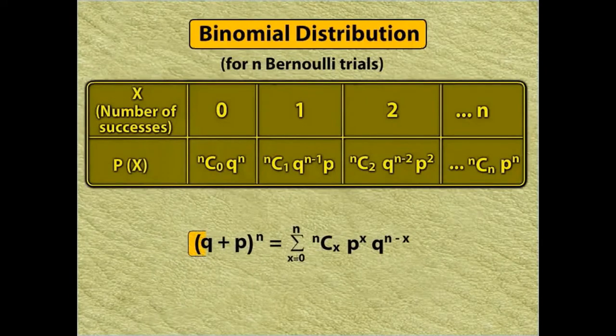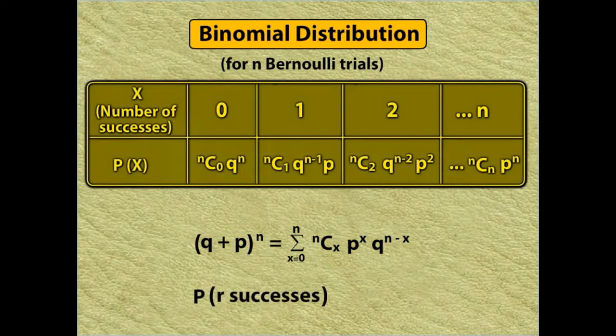Since q plus p whole raised to the power n is equal to the summation of nCx into p raised to the power x into q raised to the power n minus x, where x varies from 0 to n,